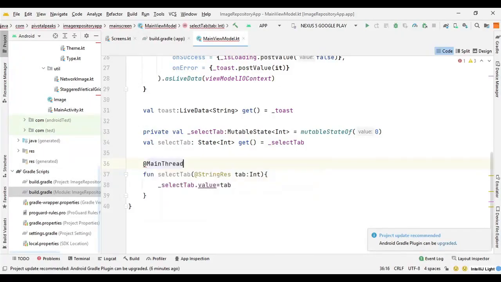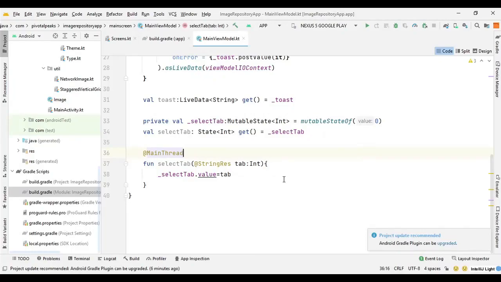As you know, the main thread is the UI thread as we discussed in the previous section, but since it's a very small function to switch between tabs, we can run it on the main thread.